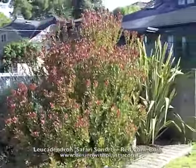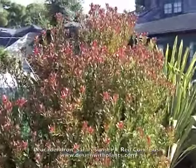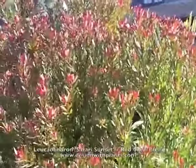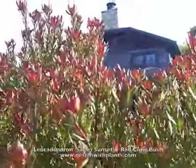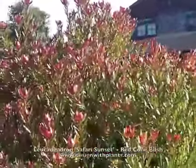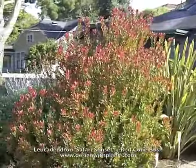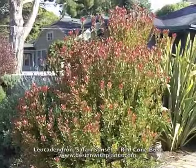Some of the flowers for the leucadendrons are pretty showy in their own right. So here is a mature plant that is in Monterey, actually Pacific Grove, so it's a coastal condition. It does not freeze here, or very rarely. This plant is probably 7 feet tall, plus or minus, and another 5 to 7 feet wide. I actually think there are 2 plants in this grouping. You can see it's got a nice dense growth habit and a lot of visual interest, which varies. This is taken in mid-April,